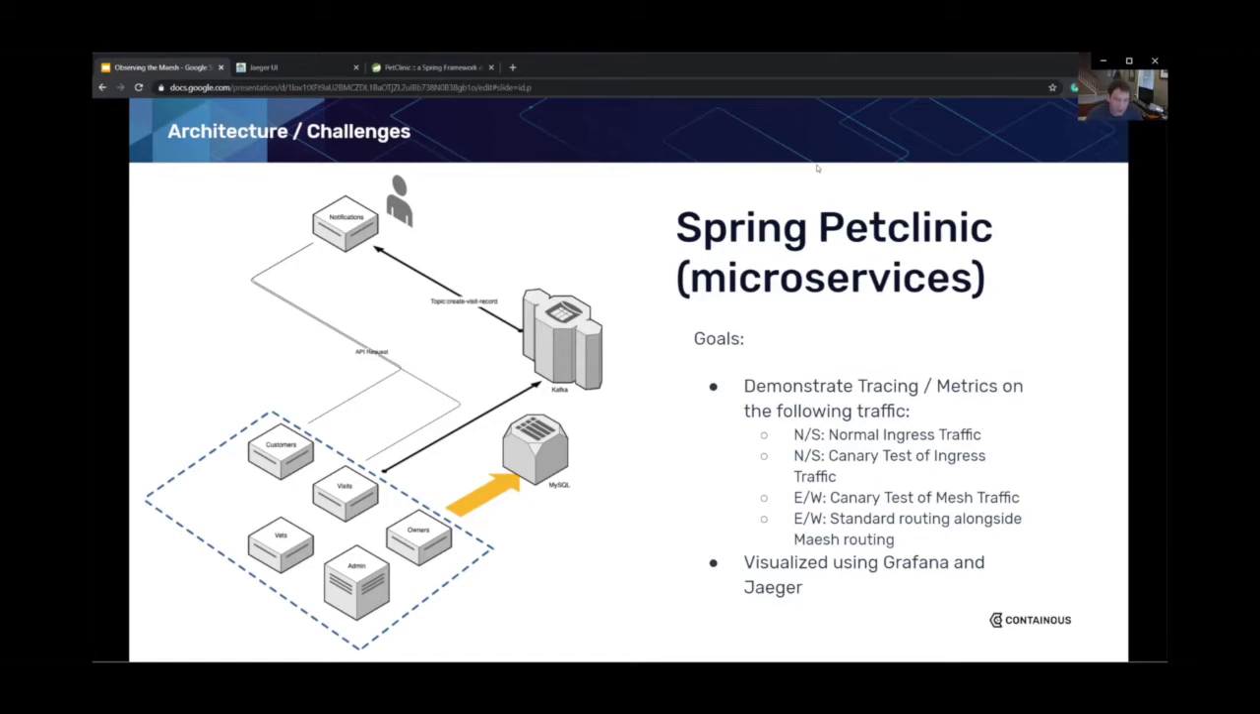Demos are by definition usually not very complicated, but in this case, the Spring Pet Clinic demo is fairly large scale, has several services, does inter-service communication as well as ingress, and I also introduced Kafka and a notification service because I like making things complicated. What engineer doesn't? Now, in this demo, we're going to demonstrate tracing and metrics on the following types of traffic: